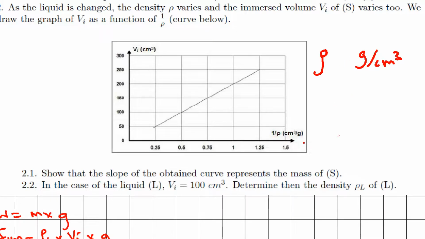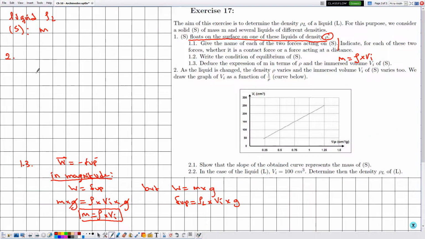Now, but notice here the x-axis is not labeled by ρ, it's labeled by 1 over ρ. So it's the reciprocal of ρ and not ρ itself. So here, if we do the reciprocal of gram per centimeter cube, what do I mean by the reciprocal? The numerator will be the denominator, and the denominator will be the numerator. For this reason, the unit of 1 over ρ is given by centimeter cube per gram. Okay, so 2.1,